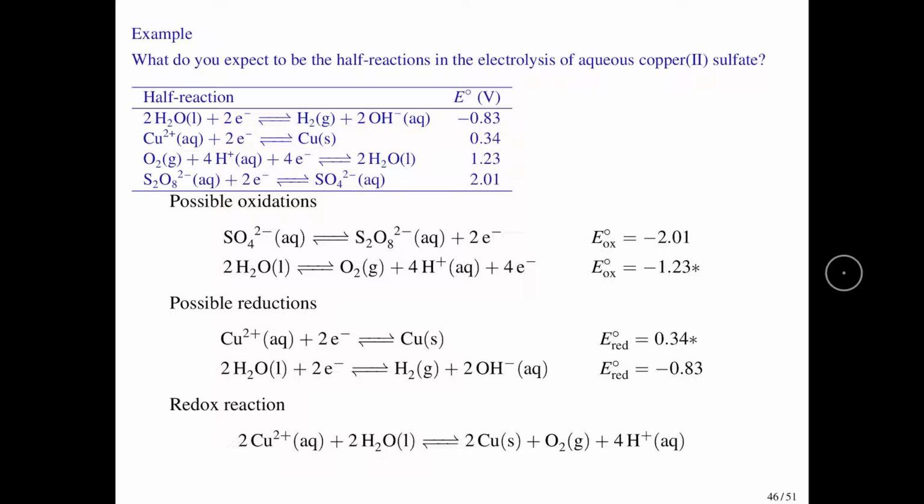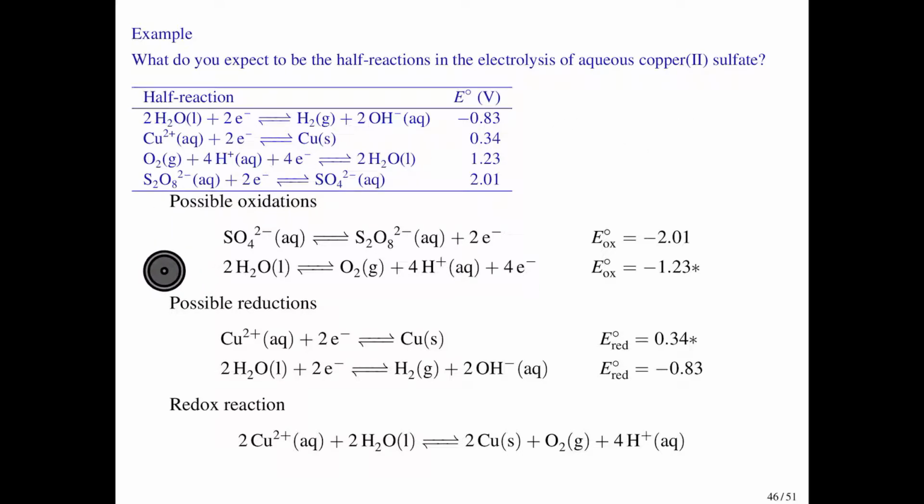Here's an example problem for us to think about. So we're thinking about the electrolysis of copper 2 sulfate. So you want to think about what you have in solution. You've got copper 2 ions, sulfate ions, and water. And so you want to consider what are the possible reactions that can occur at the